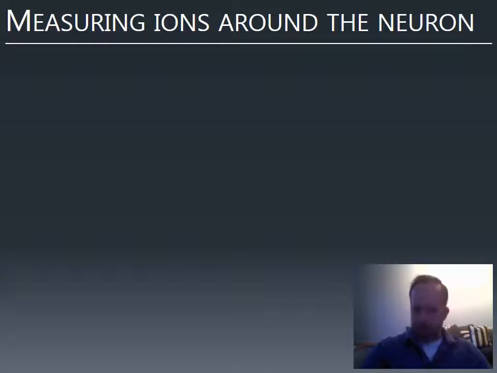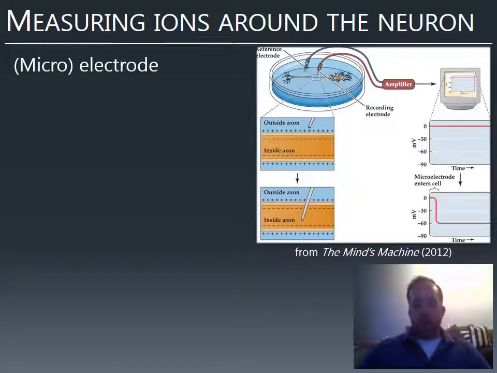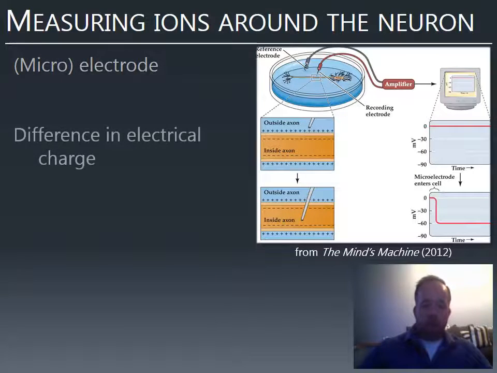So how do we measure this? Is a big question. So we measure it with an electrode, or more accurately, a microelectrode. It has to be very small to pierce a neuron. A neuron is very small itself, and so the ends of these electrodes can be down to the millionth of a meter. So what are called microns or micrometers. So what happens is you pierce the neuron with one of these electrodes. So the electrode is sitting inside the neuron. And what you're doing is you're measuring a difference in the electrical charge inside and outside.